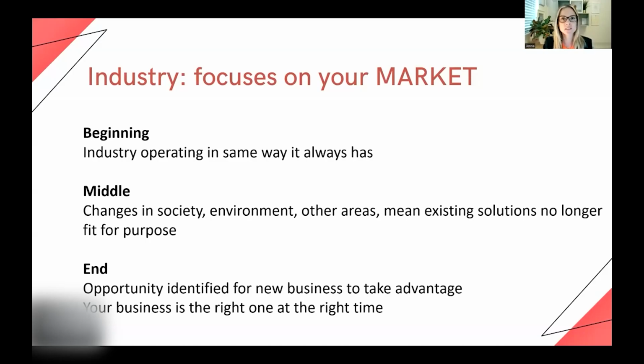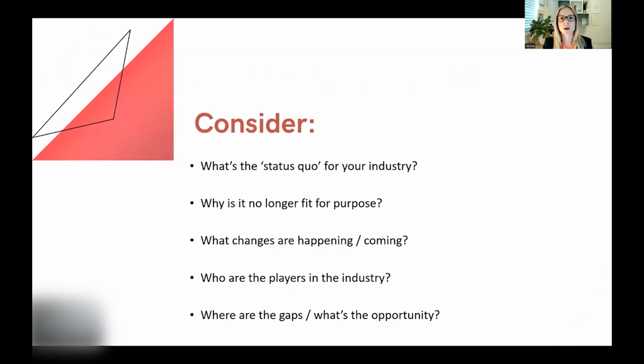And again, some things to consider as you're building this story type out. Think about what the status quo is for your industry. So what is it that's happening at the moment? What's going on in this industry? How is it operating? What's the baseline? How's it always operated? Just to give us a bit of a flavor. Because don't forget, when you are pitching, it might be that the person you're pitching to isn't familiar with this industry. So actually answering these questions really helps you to get clear on some content that might be useful when you start developing your pitch deck later on in the course.